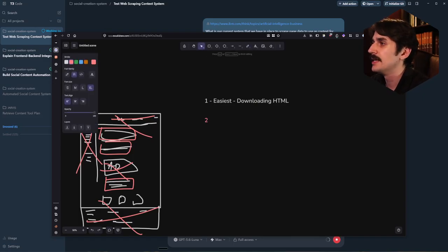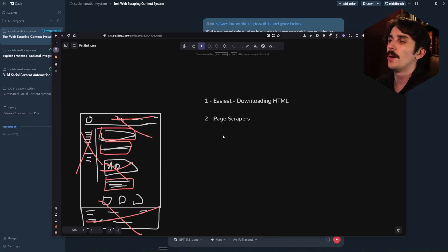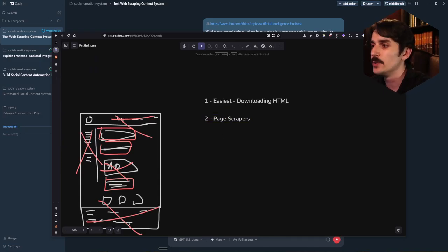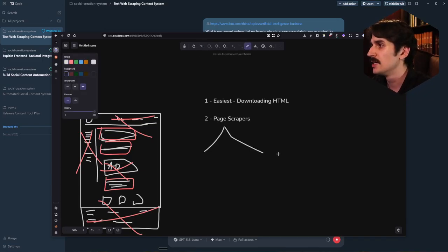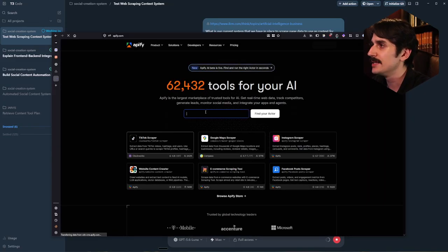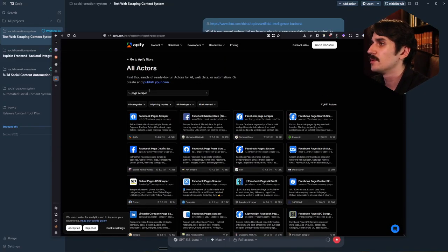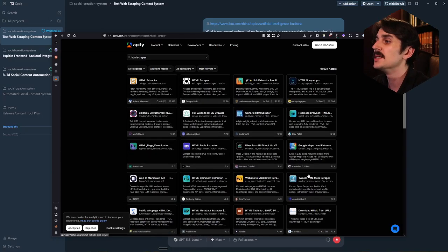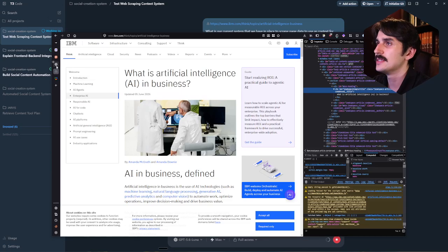Step 2, or option 2, are page scrapers. They're specifically built scrapers that basically eliminate all of this for you and try to format the code or the text on the page in a nicer way for AI to use straight off the bat. Now, there's kind of 2 levels of this. You've got ones which are, again, on Apify, which are a bit more user made. So we don't want Facebook page, we want, okay, so you'll see here there's actual scrapers just to generate the HTML. And the other caveat to give on this is that sometimes